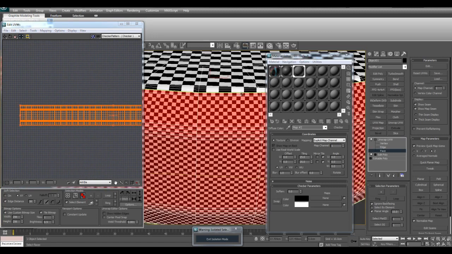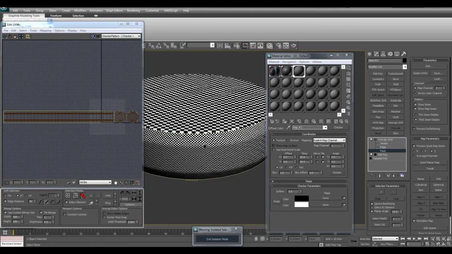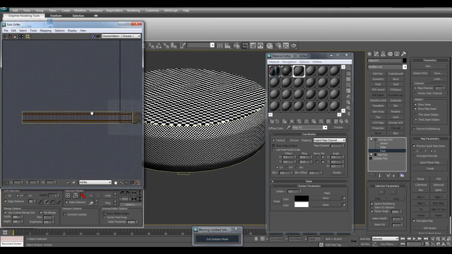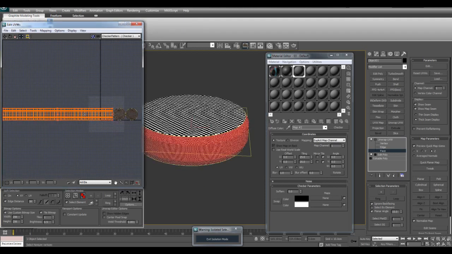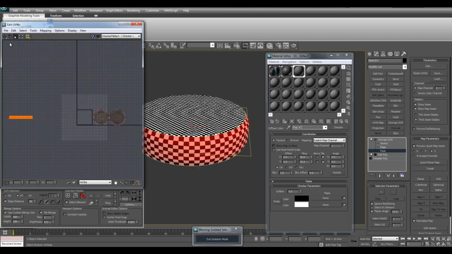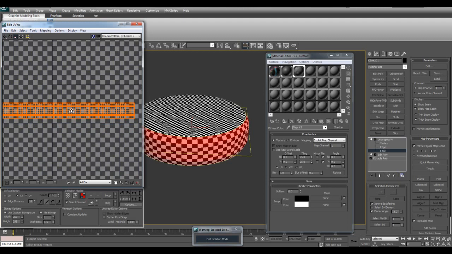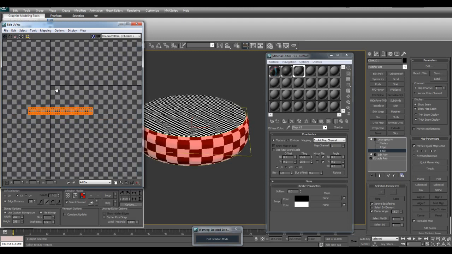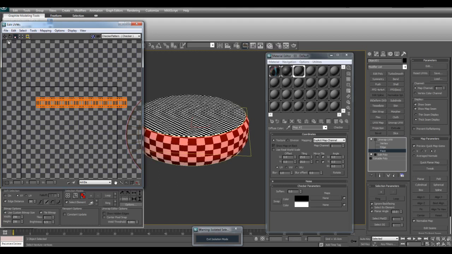Alright, this looks pretty good. So the reason that it's so long here is because it's going all the way around. So now I can go ahead and scale it to fit in the actual box. Now, once you scale it down, it becomes a lot smaller, which means you now have less texture resolution to